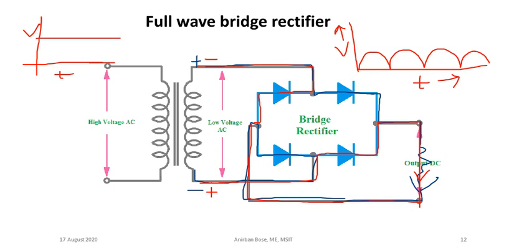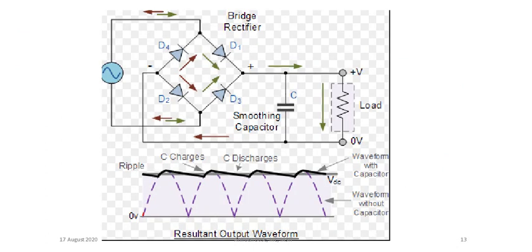Okay, to reduce this we use the capacitor. As you know, the capacitor is used in a circuit to smoothen the voltage. So with the help of a capacitor we will try to get this kind of a circuit. Let us see. Here you can see with the load, one capacitor is connected in parallel, and when the capacitor is connected in parallel, if you see the output, that output is actually shown in this diagram with a black line. Okay, this black line is showing the output when the capacitor is there, and the dotted purple line is showing basically if there was no capacitor.